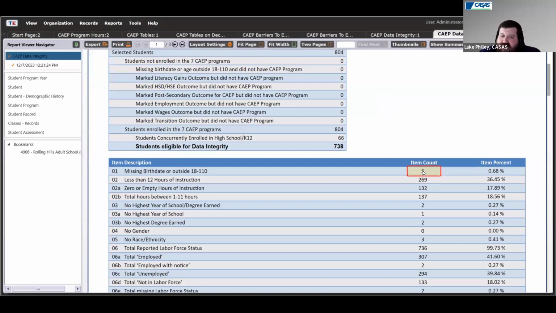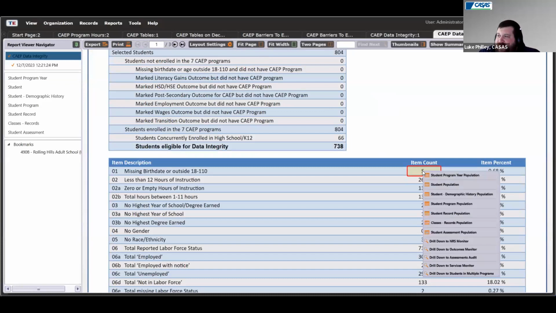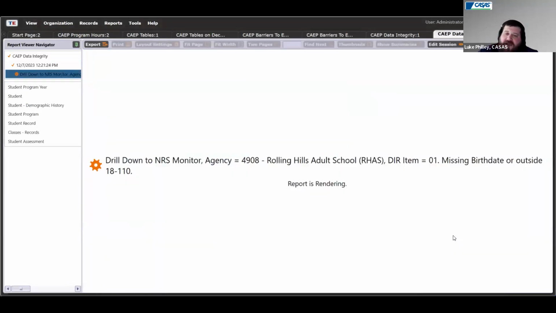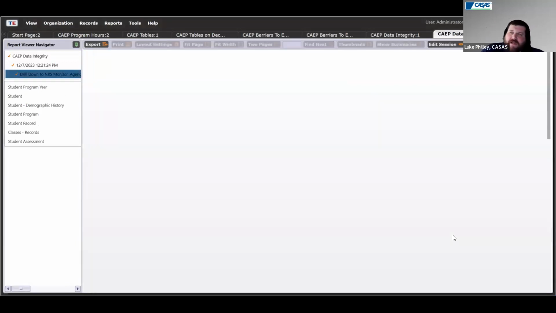The other thing is if you're trying to figure out a specific case, mostly with testing and other things, like Connie was saying, if you right click, it gives you a lot of options. One of them is called drill down to NRS monitor, drill down to the outcomes. And so you can do all those same reports, but the big one is drill down to NRS monitor. And you can do this on any report with any group, and it's going to give you those federal